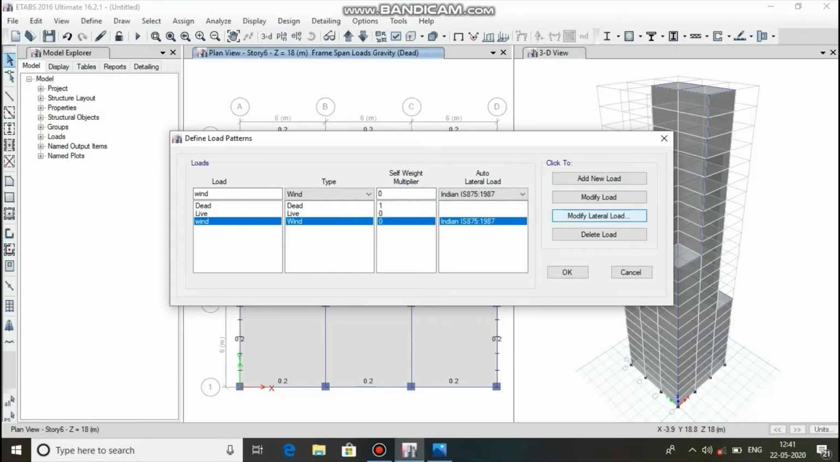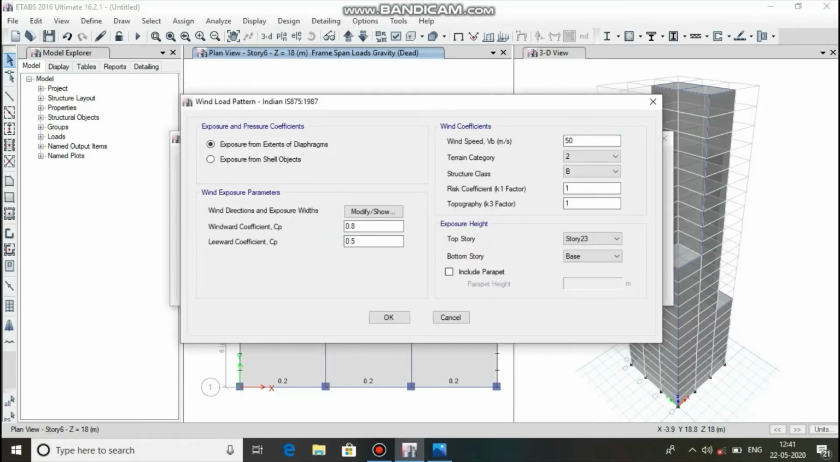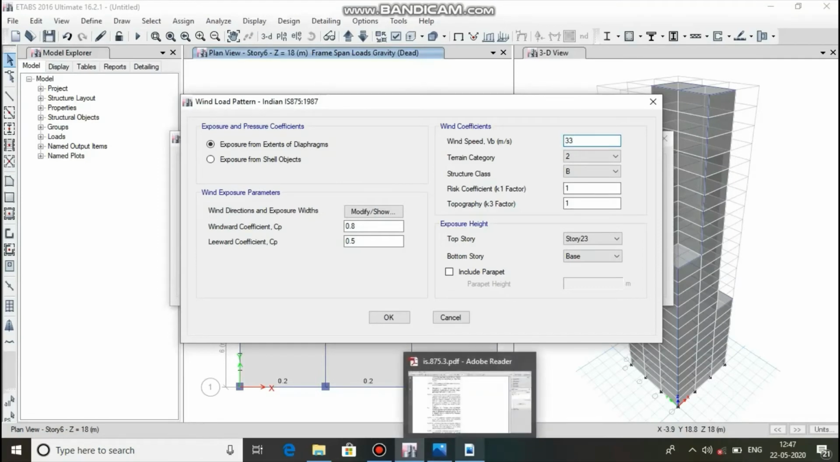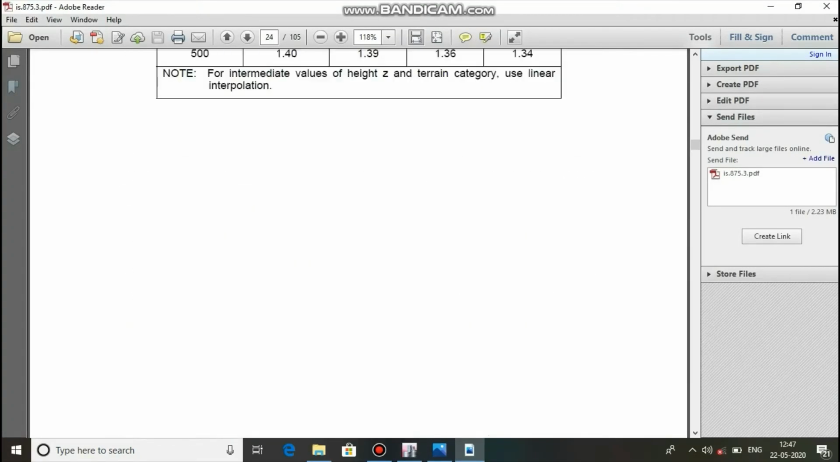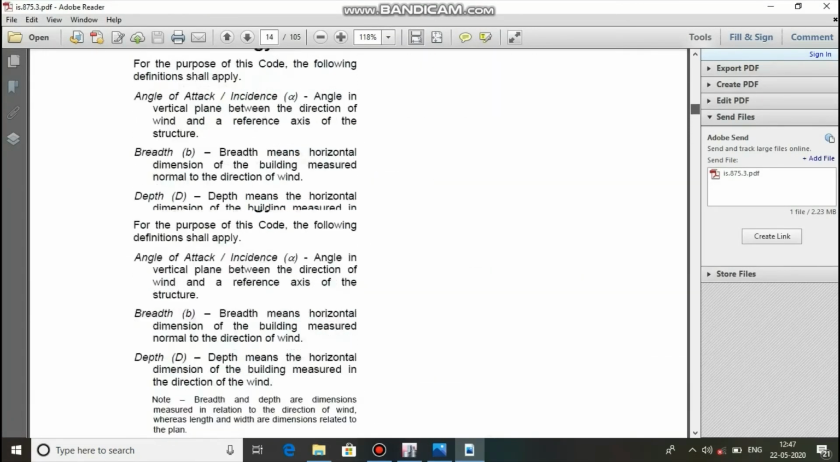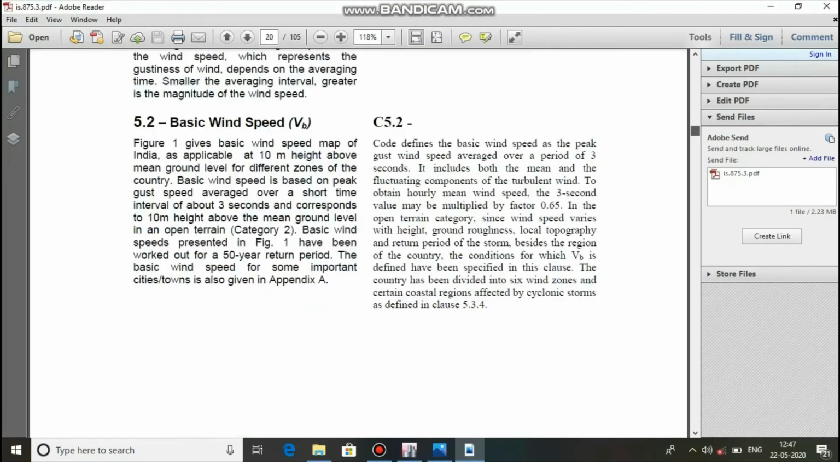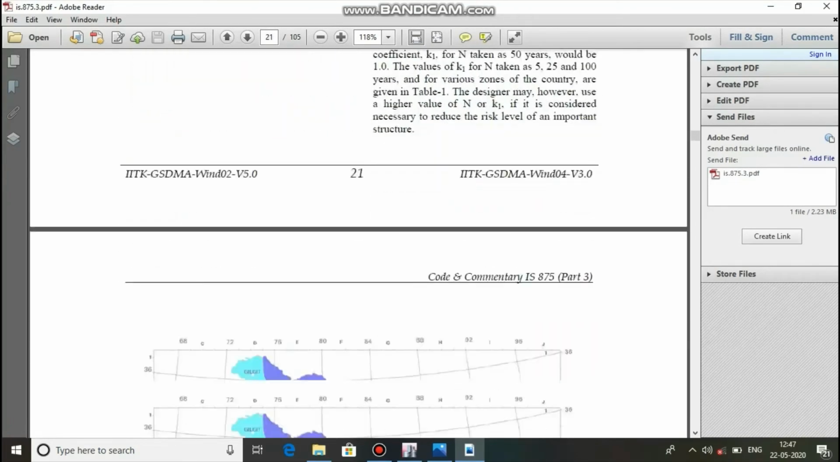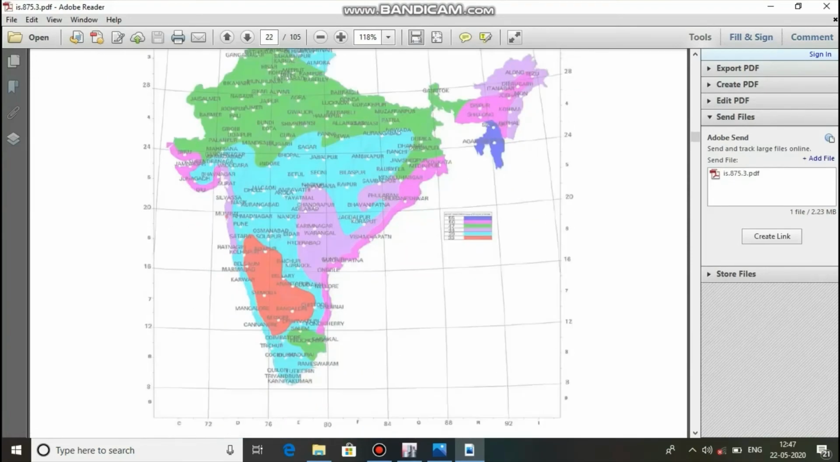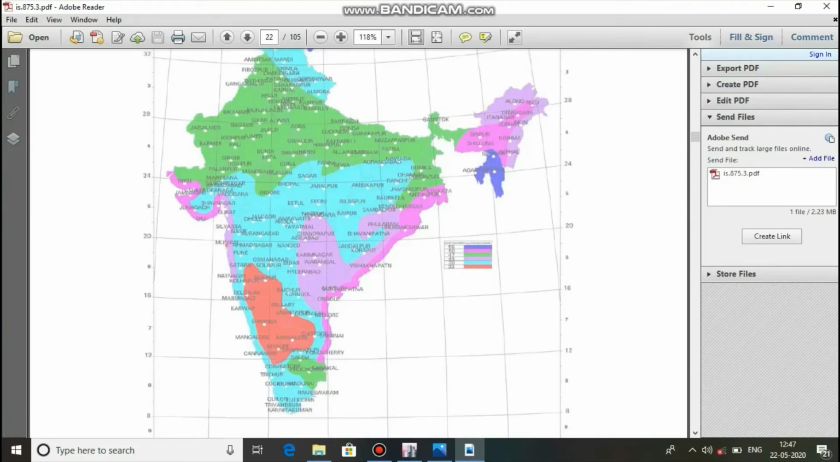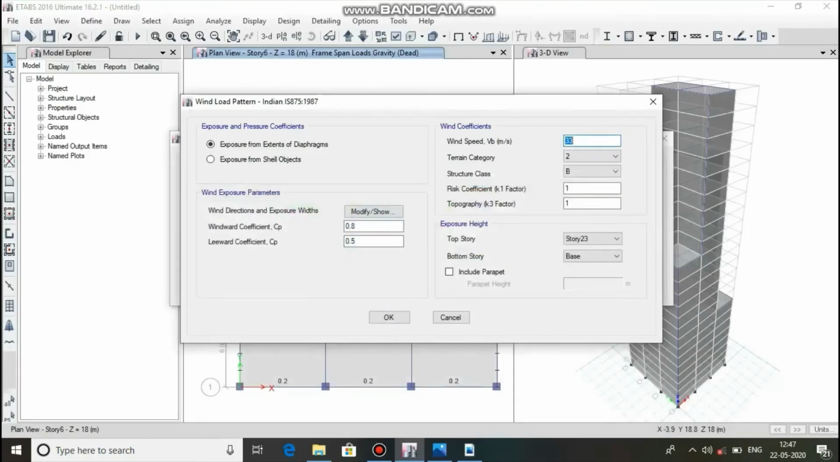I'm going to modify the lateral load. So now this is Bangalore. So 33 as per the code. So we have to check the map. This is for Bangalore. So we have to check this map for this Bangalore category. So you can see this is the Bangalore, the red section. So here is the red section. So 33 meters per second. So we are going to check 33. The terrain category,